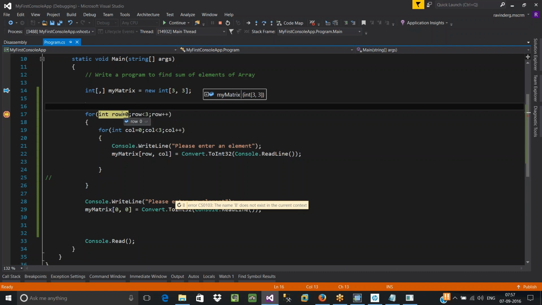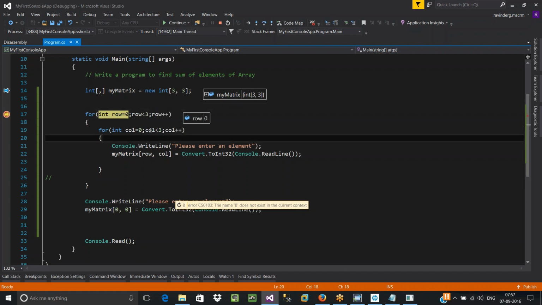Just pin your row as well as column value. So for the first row, your row is equal to 0.